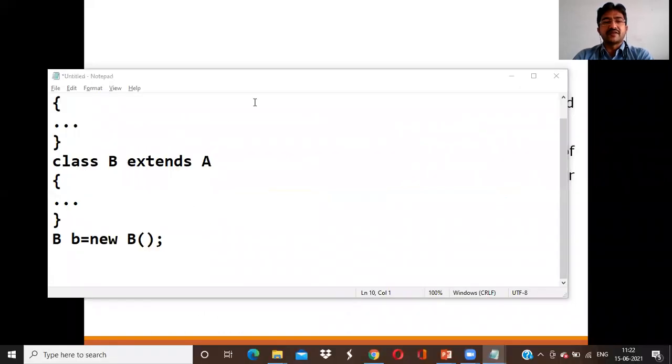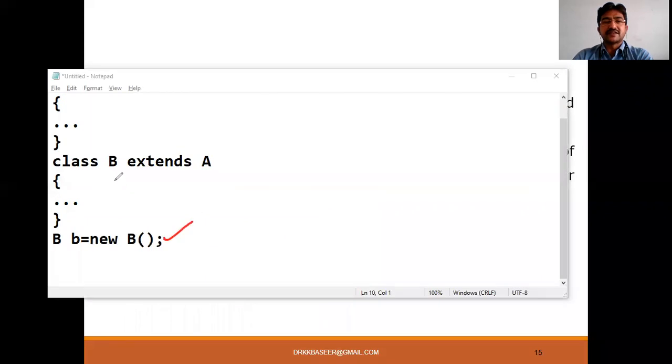This means when you create this instance of the subclass, automatically an instance for the parent class is created. Who is the parent class here? A. Automatically the instance for that will be created. To access the B methods or the A methods, the B object can be used directly. If we want to access the parent class data members, methods, or constructors, directly you can use the super keyword. We'll see the example so that you can understand very clearly what we are talking about.